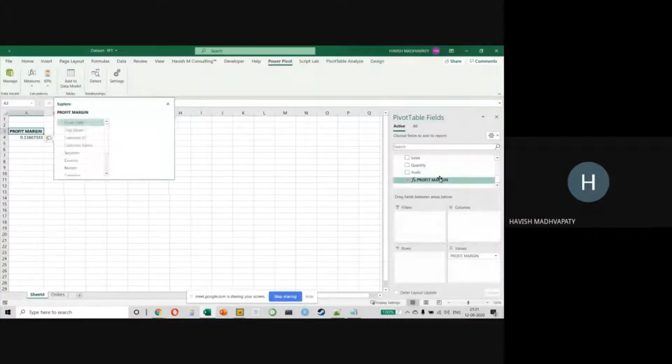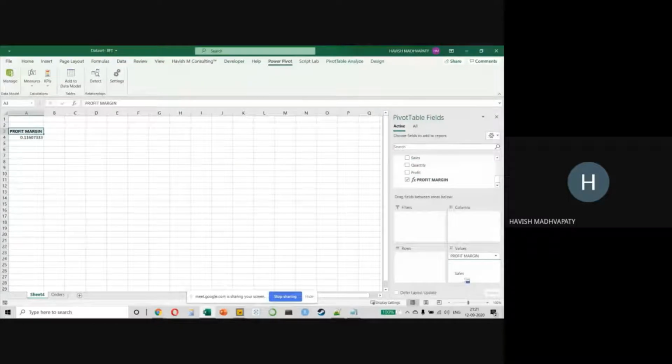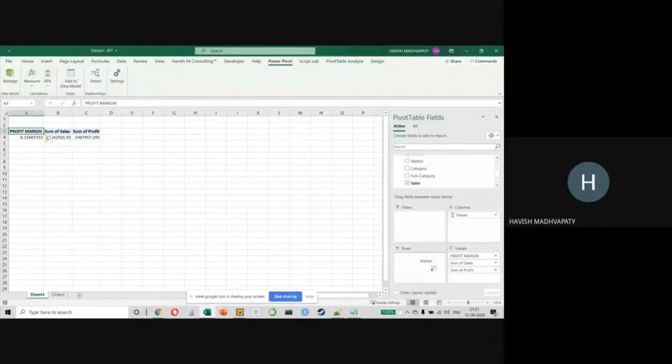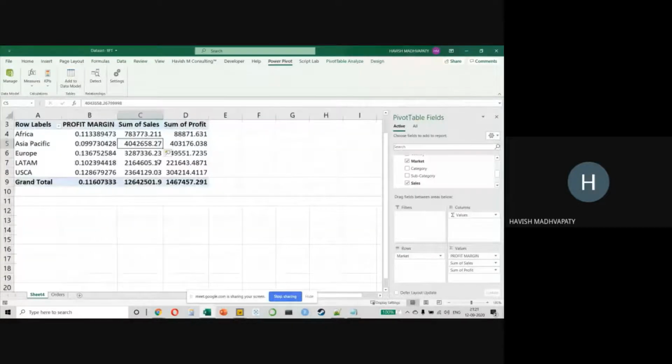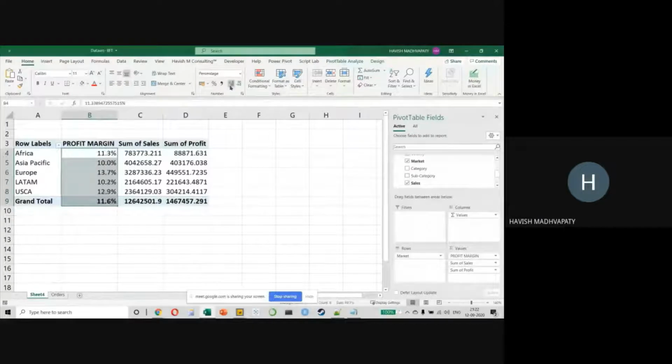On the right side, in my pivot table field, an FX button is created. This is a function. And the best part is that this measure is working inside my pivot, which means that if I now keep my sales and also my profit and also my market, what's going to happen is it's going to show me the profit margin directly inside my pivot table like this, right? Of course, this was a very simple example, but I just wanted to show to you that you have this entire list of hundreds of functions available.